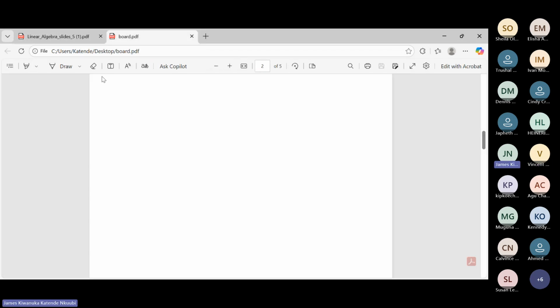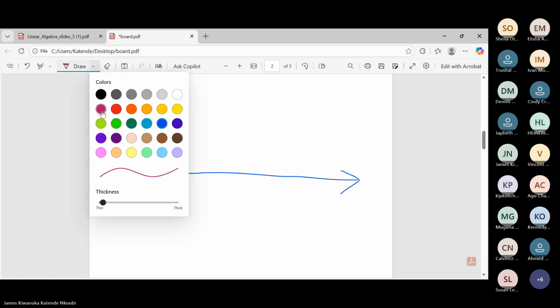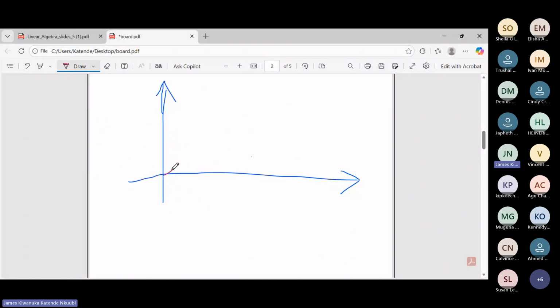So let's see if we can say some more. We've made some statements that if you are in R, if you happen to be in R2, so this will be your x-axis, and this will be your y-axis. So our claim was the following, that if you have a line, any line going through the origin